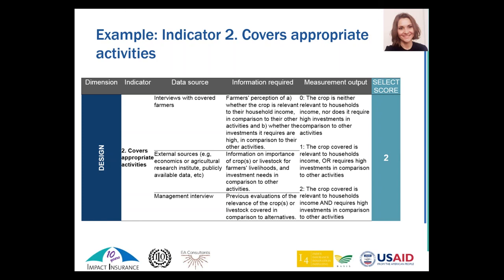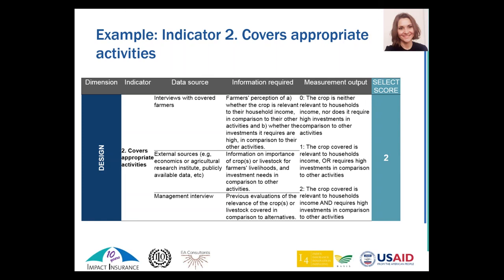So in order to assess client value in this aspect, what we do when we conduct a 3D assessment is that we go back to the farmers and we ask them which crop is relevant to them, meaning in this case, one, is it important to your household income? And two, does it require high investments?